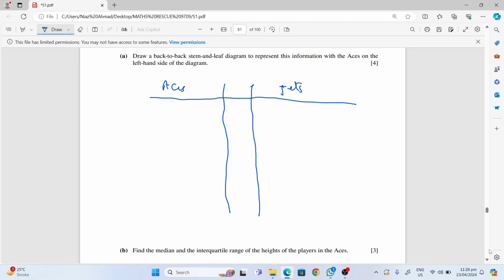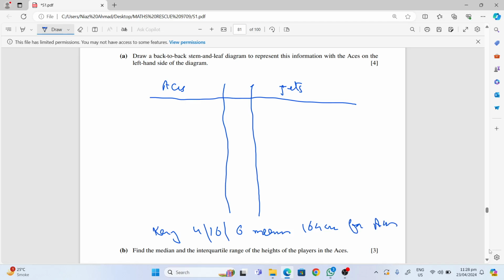So on the left, first make your key. Key is 4, 16, 6 means 164 centimeter